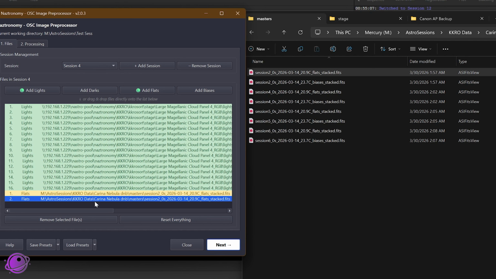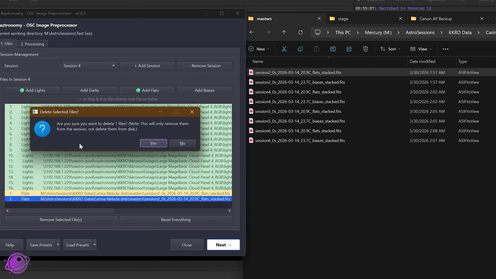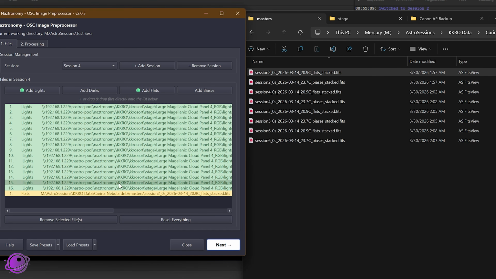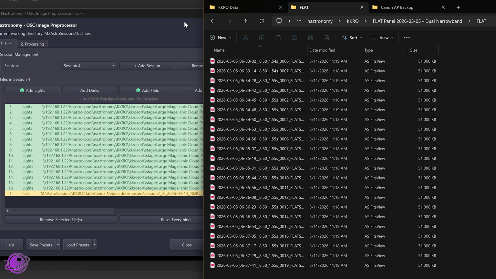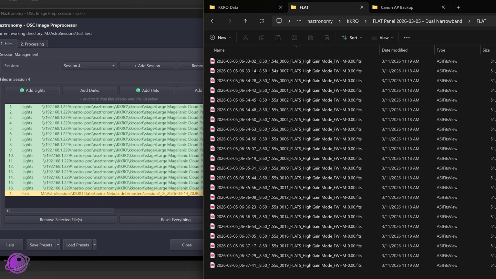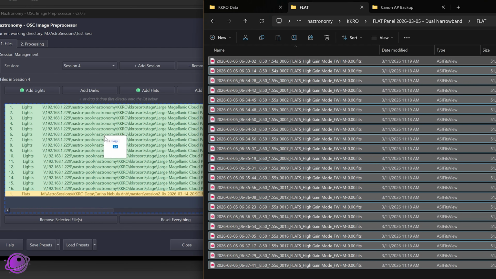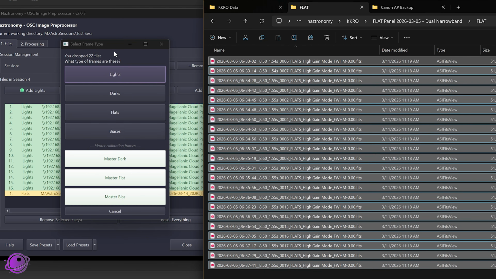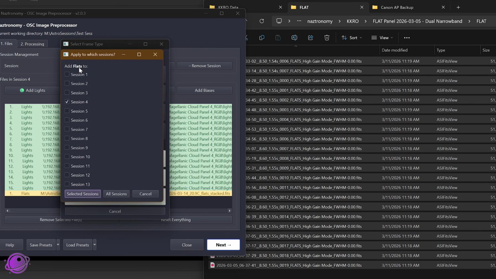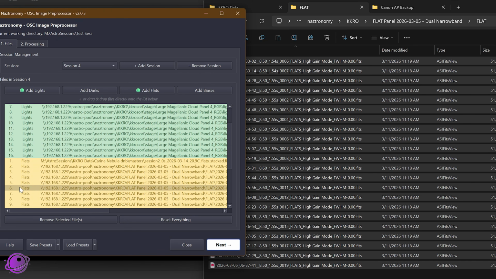So if you need to delete it, you can select this and click on remove selected files, or you can click on delete or backspace on your keyboard, and it just removes them from the list. Another cool thing about calibration frames is, if you have unstacked calibration frames you want to stack, you can select them all and drag and drop them here, and it'll ask you what kind of calibration frames you're doing. So you can do flats, and once you click on flats, you'll get an option to add flats